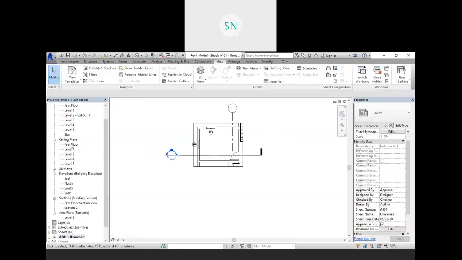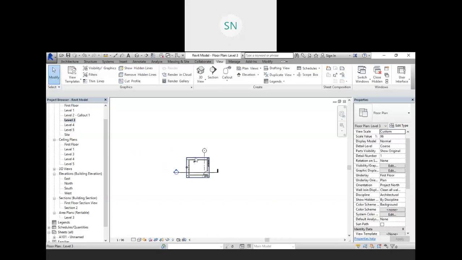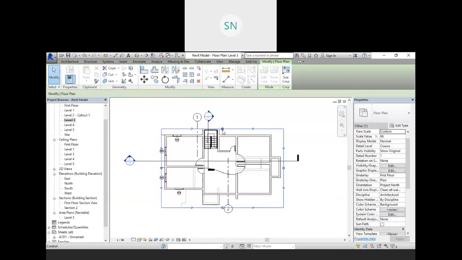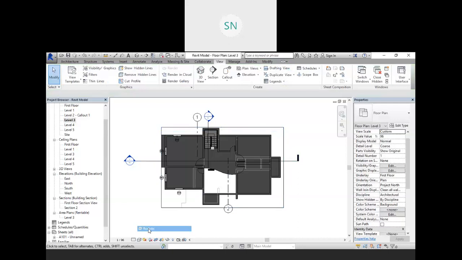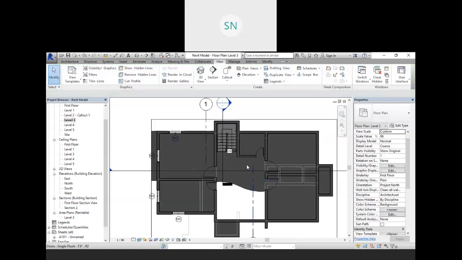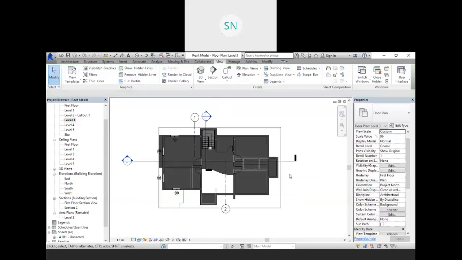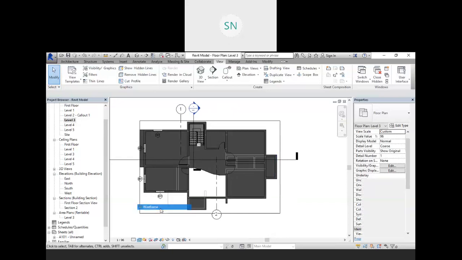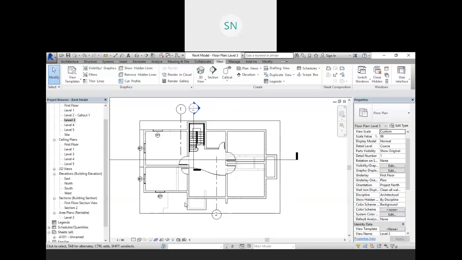Go to the level 3 again and set your view range that much, only that much, that you want to place in your paper, and set your visual style also in the way that you want to show. For example, if you choose realistic, then whatever floor, carpet, whatever flooring material you have given will be visible like this. But for the drawing purpose, it is not recommendable. So it's always good with the wireframe.